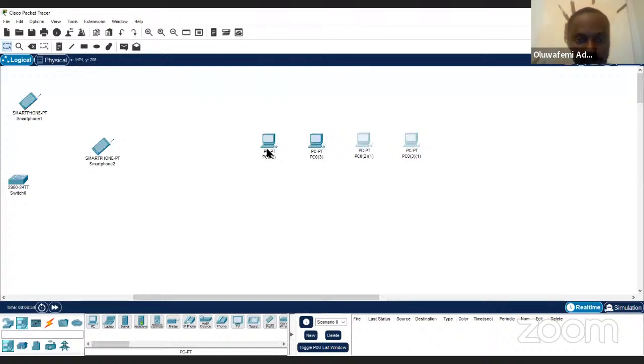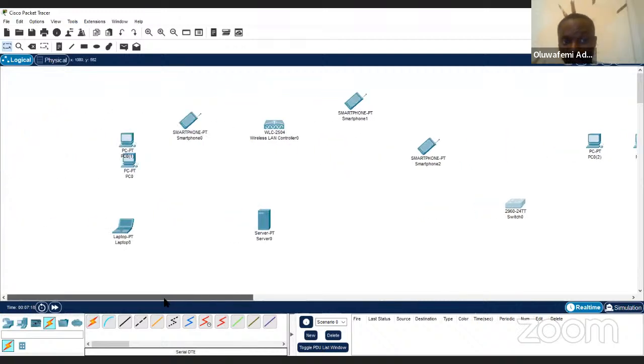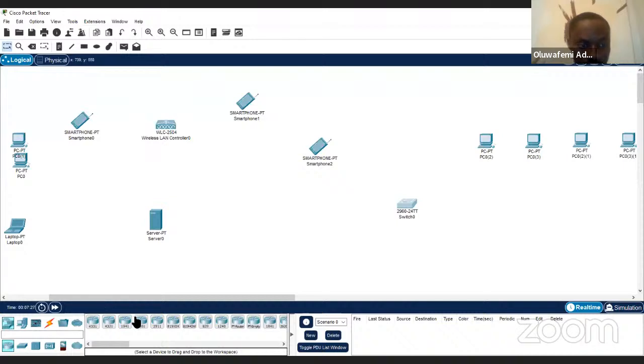When all of these are connected on a straight line, that is the bus topology, right? A mesh topology is majorly when there's redundancy. Talking about our nodes, these are different nodes: system, smartphone, wireless LAN, another smartphone, server, switch. Let me get a router, right? This is a router, another node. So we understand what nodes mean exactly, right?